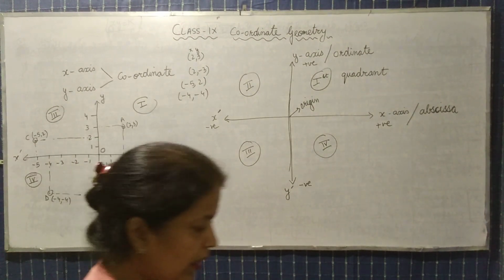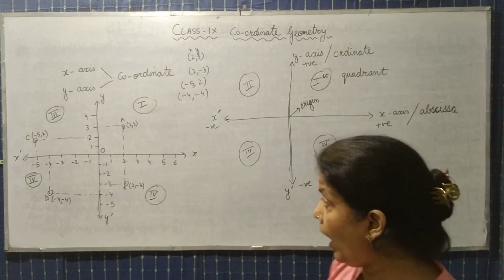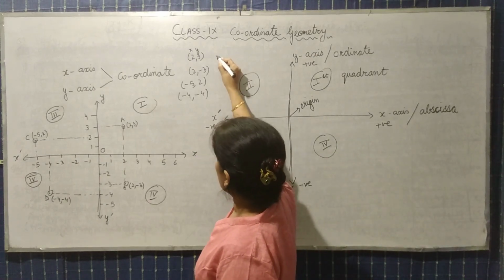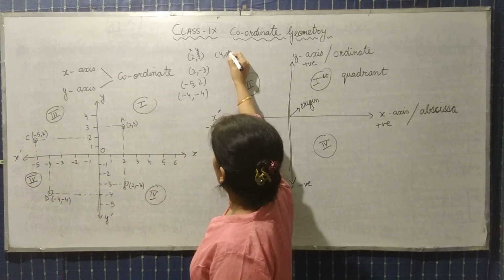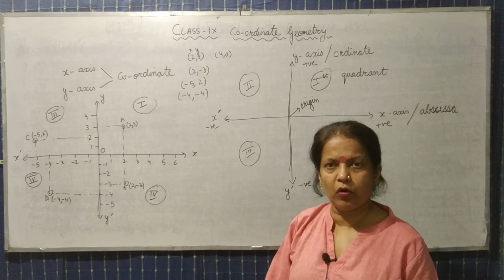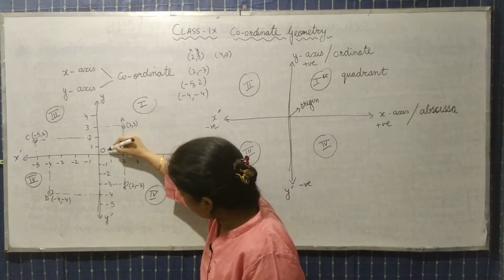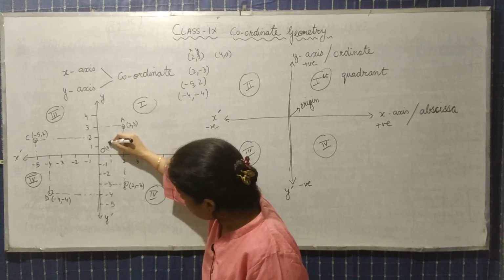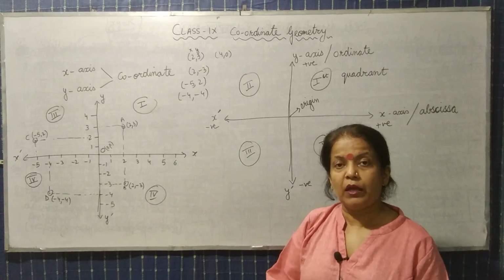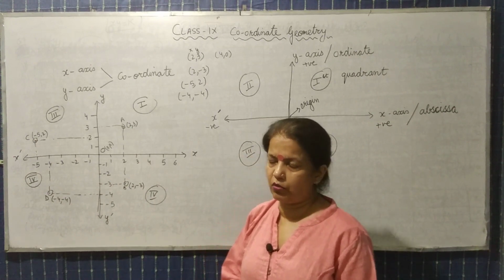Okay. So it's quite easy to plot the values like this, isn't it? Now I am taking x as 4. These are the coordinates: 4 and 0. X is 4 and y is 0. So remember, the origin has coordinates 0, 0. Means यहाँ पर origin पे x value is also 0 and y value is also 0.